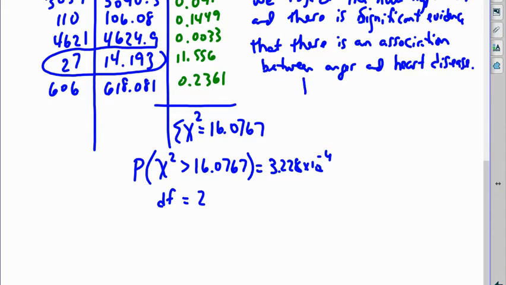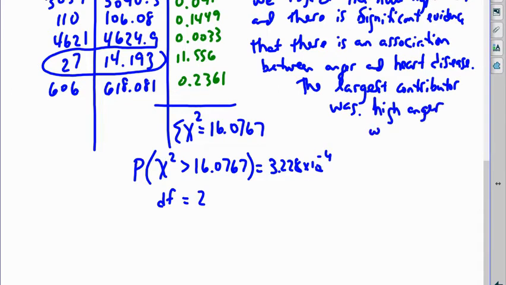The largest contributor was, let's see, why is this happening? Who were those people? Those 27 people were the high anger people who ended up with heart disease. So high anger really seems to have a result. Moderate anger, not so much. High anger was with high heart disease, developing heart disease,